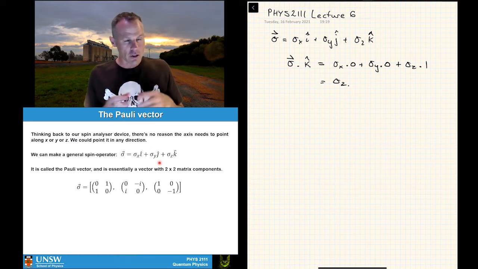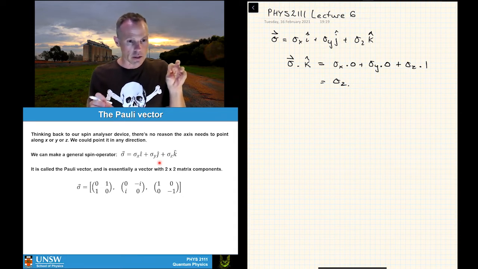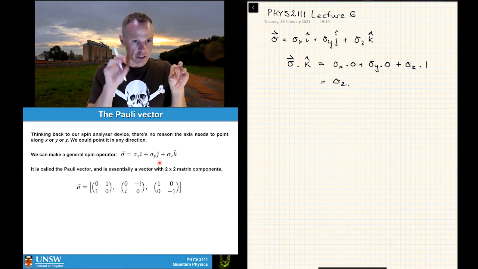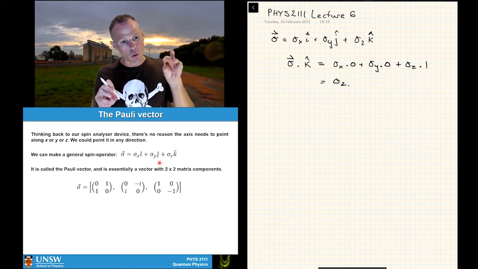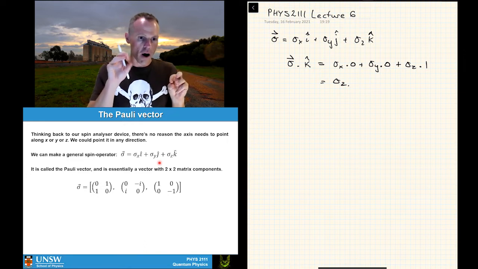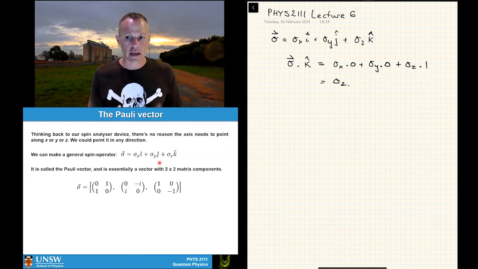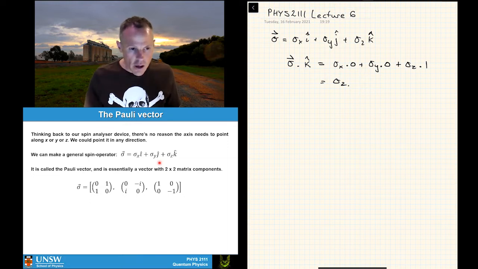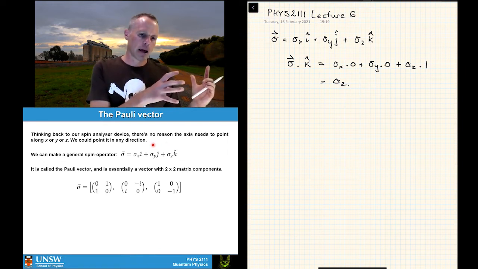And you can imagine I could do the same thing. I could take the dot product of my Pauli vector and j hat, and I would get sigma y. And I could take the dot product of my Pauli vector and i hat, and I would get sigma x, right? I can pick out any particular direction by taking a dot product. So the interesting question that we're trying to ask here is, if we think back to our spin analyzer device,